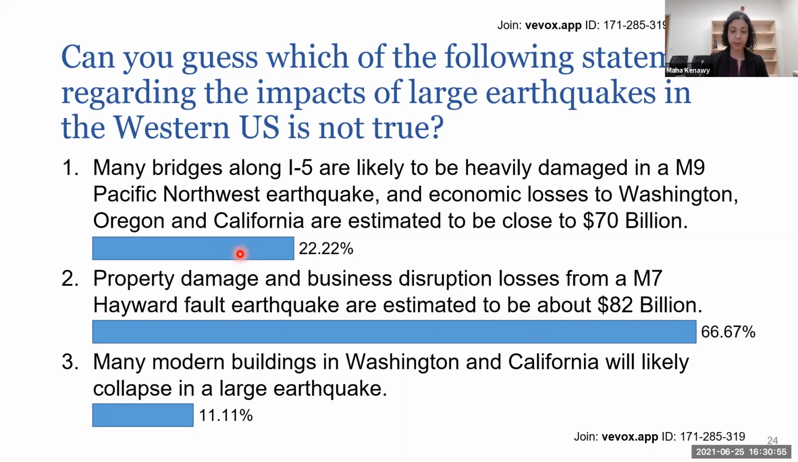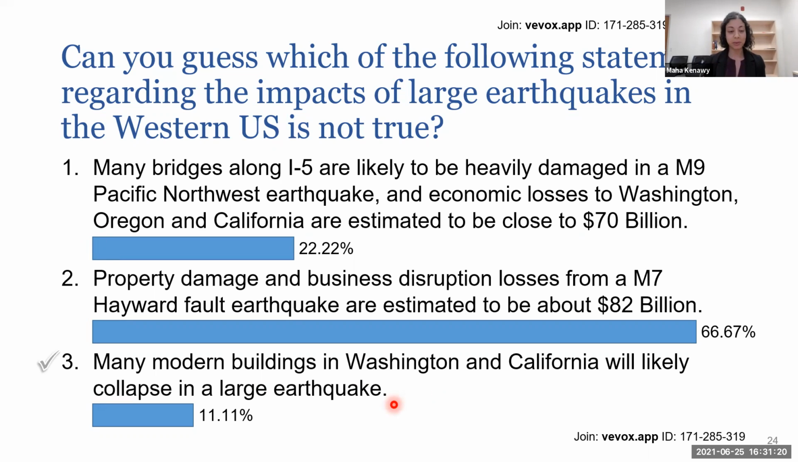And so is the first one. So if we get a magnitude 9 earthquake in the Pacific Northwest, then indeed we expect to have really expensive damages ahead of us and losses close to 70 billion. Now, the last sentence is actually the false statement. Modern buildings in Washington, California will likely not collapse,